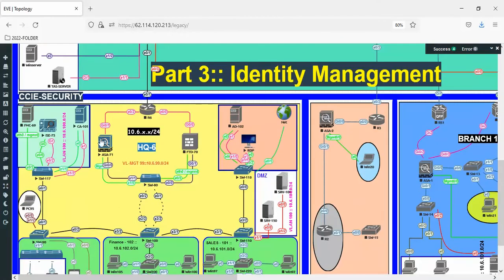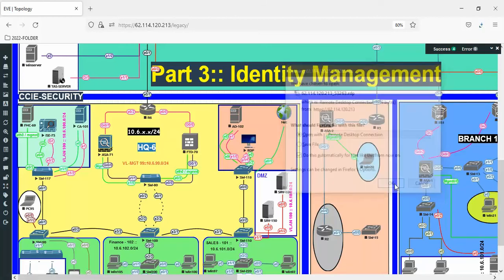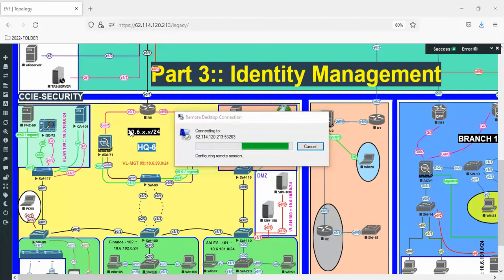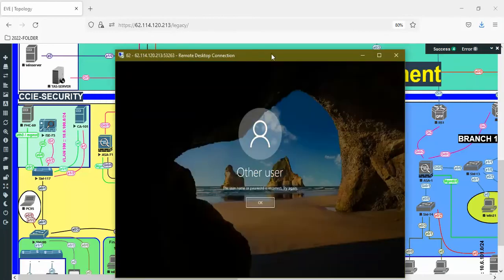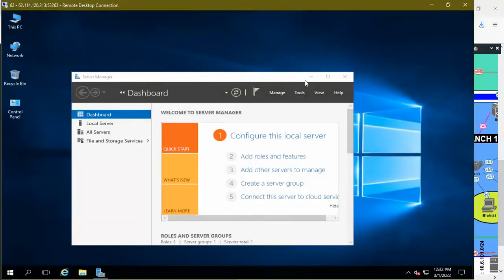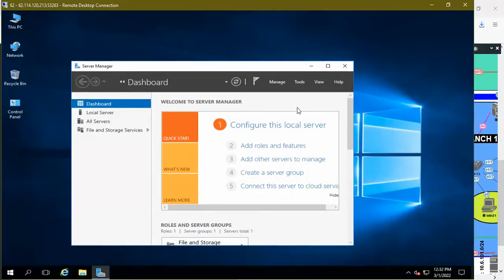So in this topology here, we have the certificate authority 101. I'm going to configure everything from scratch regarding how we can get the certificate authority up and running. Okay, so now in the server manager here, we're going to go to management, add roles and features,